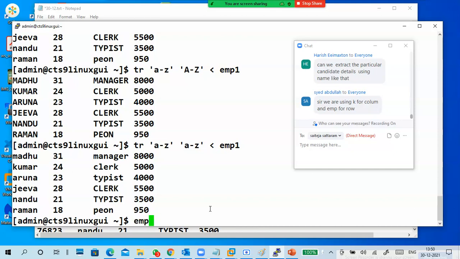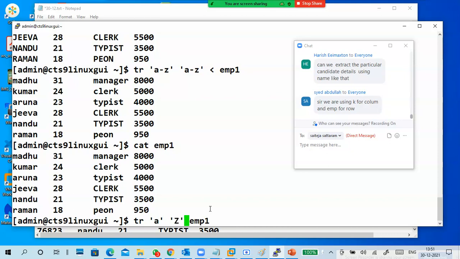Next, cat emp1. This is the full set of data, right? What I'm going to do is tr a and display it as a capital Z, and give the less than symbol. So what happened? Can anybody say?